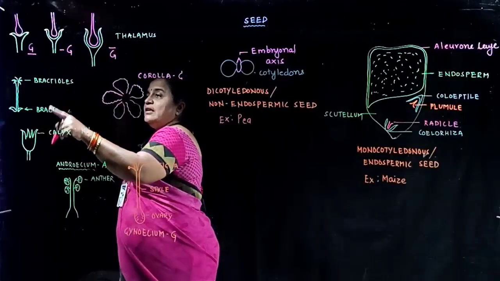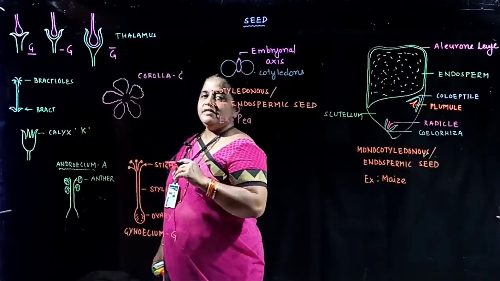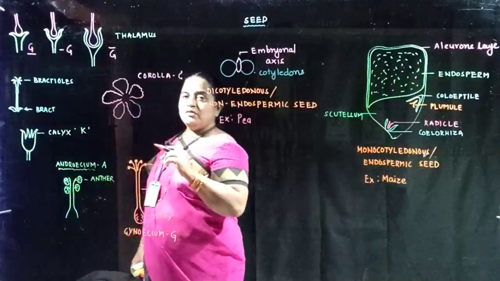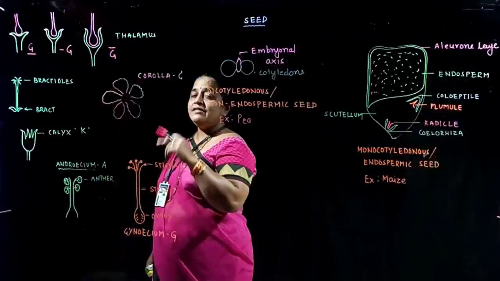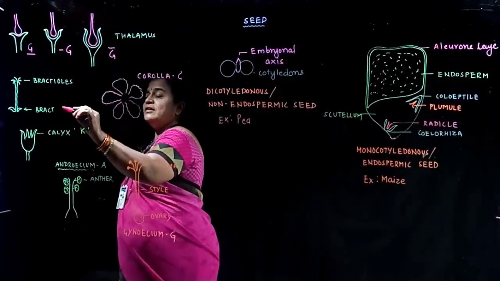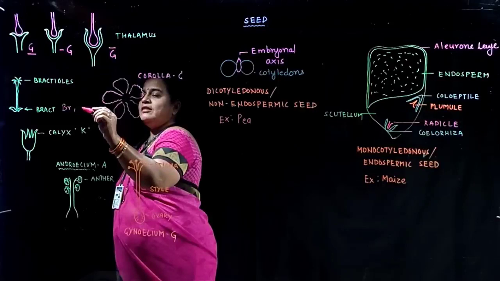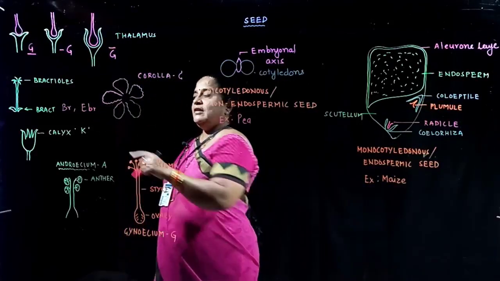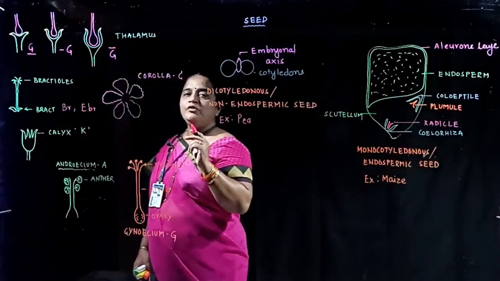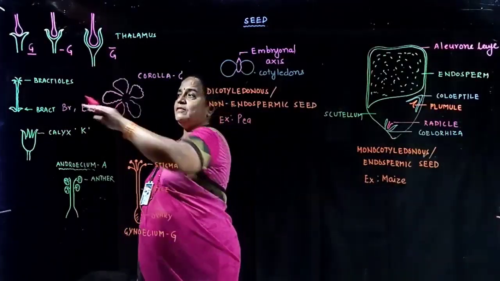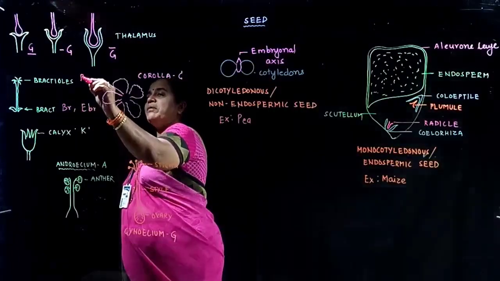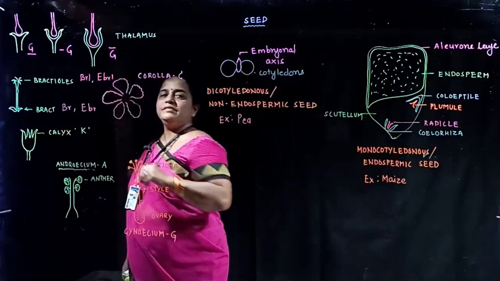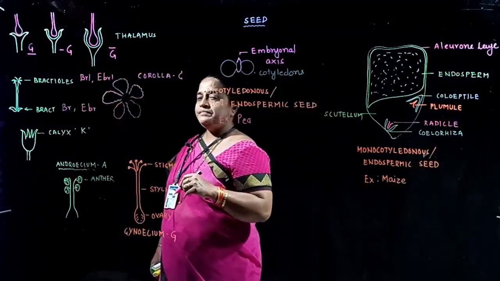Then there are two components, not compulsory, but in most flowers we can see the bract, a leafy outgrowth or a small leaf in whose axil the flower develops. A flower with a bract we call bracteate, and a flower without a bract we call ebracteate. At the apex of the pedicel, tiny outgrowths are present. These are also green in color, known as bracteoles. A flower with bracteoles is called bracteolate, and without bracteoles, ebracteolate.